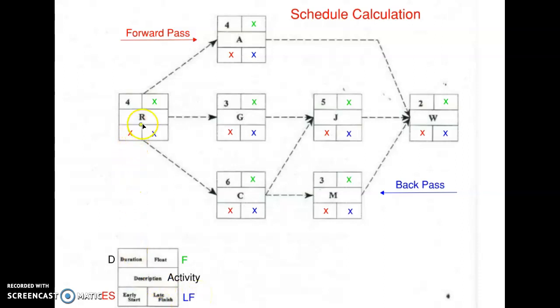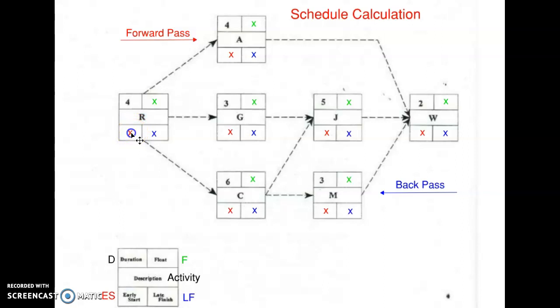The letter up here in the schedule calculation just relates to an activity. So R could be excavate the site. This could be layout, foundation, inspection, whatever. But those letters represent an actual task. So I just want to run through this with you first and read your chapter because there's a lot of good terminology and there's a lot of really good information in there about schedules. So our very first activity,